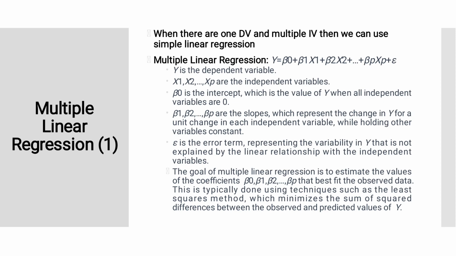This is typically done using techniques such as the least squares method, which minimizes the sum of squared differences between the observed and predicted values of y. So what does it mean? It means when we estimate the best value for y, that should be expressed in terms of b1, b2, and bp. So here the goal of linear regression is to minimize